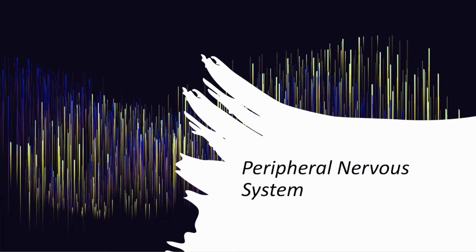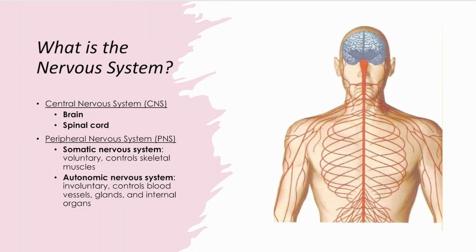Today we'll be discussing the peripheral nervous system. First, we'll talk about exactly what the nervous system is. The nervous system is broken down into two parts, which is the central nervous system and the peripheral nervous system. The central nervous system is made of the brain and the spinal cord, which is this long structure right here. Then the peripheral nervous system is made of the peripheral nerves, which are these long string-like structures that we see